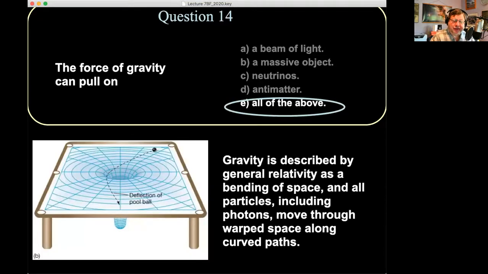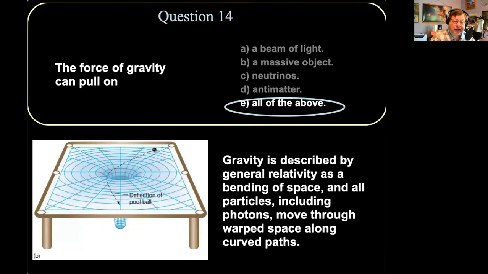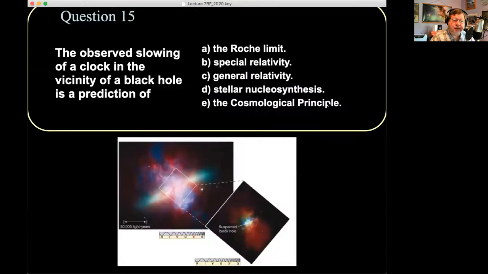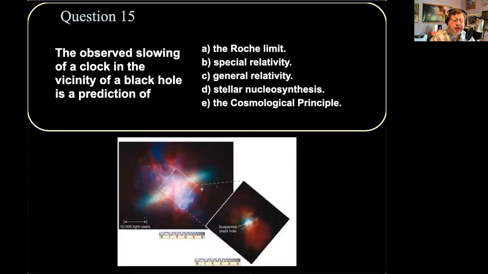Gravity is described by general relativity as a bending of space, and particles, all particles, including light, move through warped space along curved space-time. So the observed slowing of a clock in the vicinity of a black hole is a prediction of